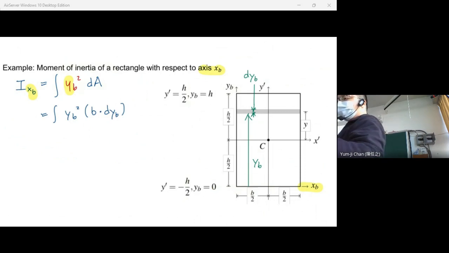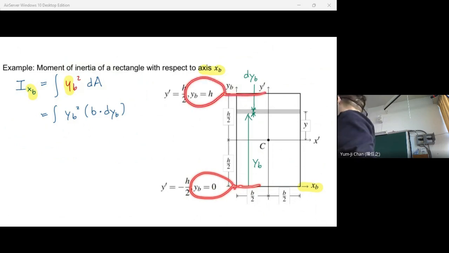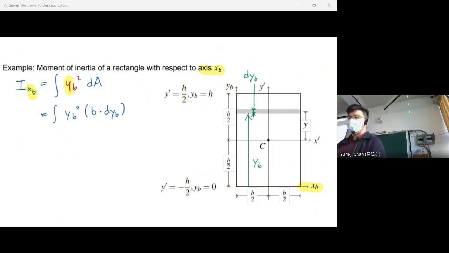Now we put our limits of integration. So this is yb equal to 0, and the upper edge is yb equal to h. Therefore we have